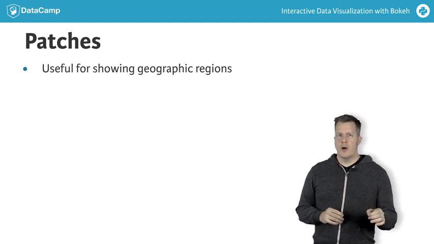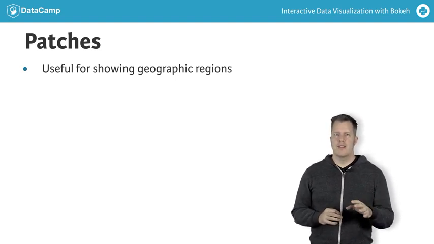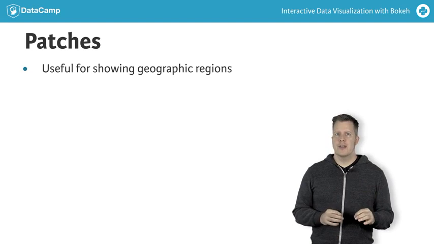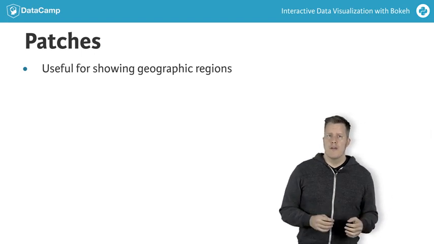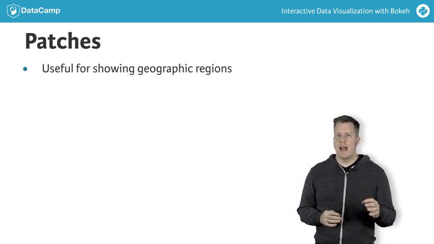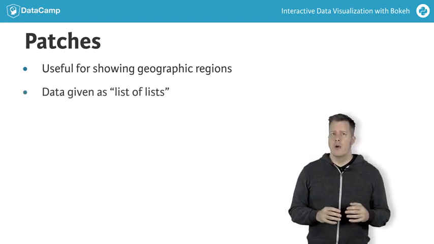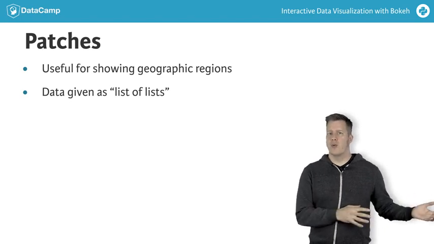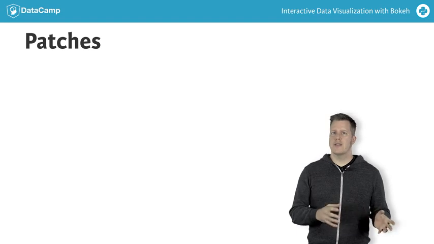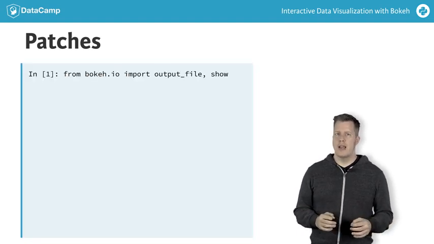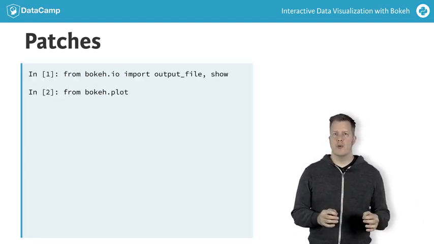Just like circle can draw multiple circles by being provided a list of coordinates, .patches can draw multiple polygons by being given a list of patch coordinates, but each patch itself needs multiple coordinates. For this reason, the coordinate data for .patches is a list of lists. One list of lists is for the x coordinates, the other for the y coordinates. Each sublist contains the x or y coordinates for one patch, and the corresponding sublist for each individual patch must